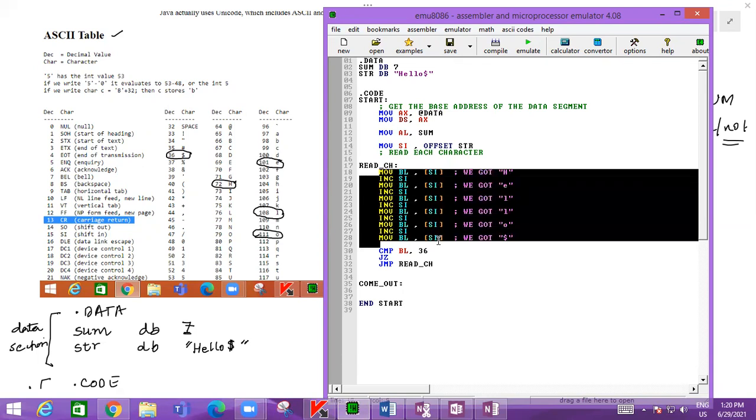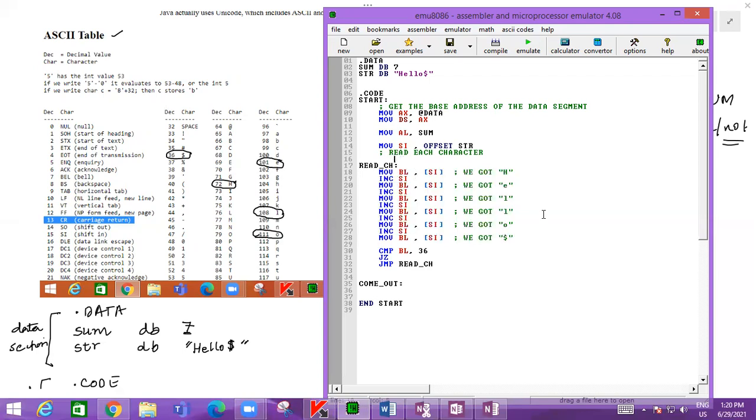You don't have to do this repeating basically. You have to just introduce two lines, move the source index register and then increment, and you have to check this. If it is becoming 0, then you have to come out to this place. Otherwise, you have to go and repeat this process. Okay. So here each time you have to decrement a counter. So you have to initialize a counter.